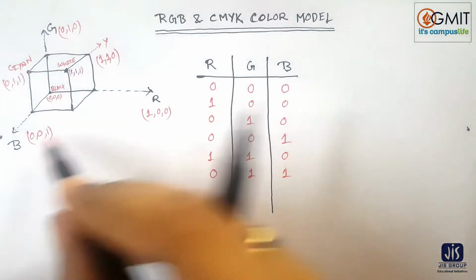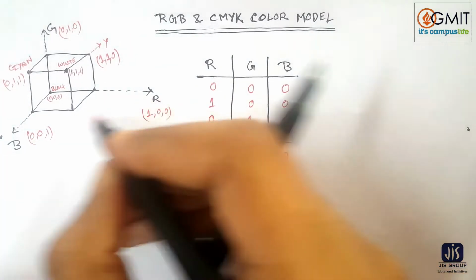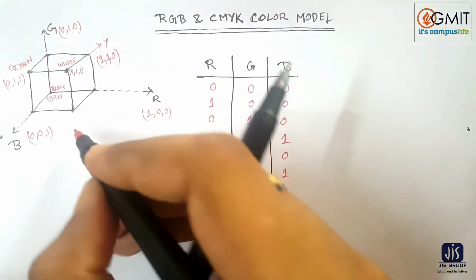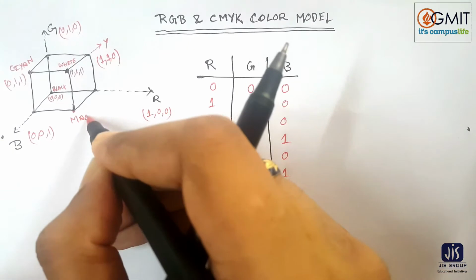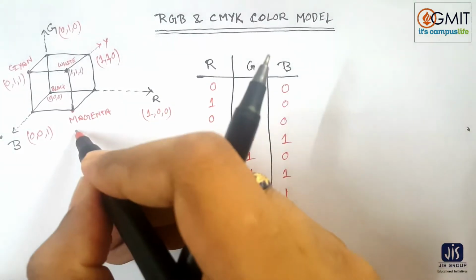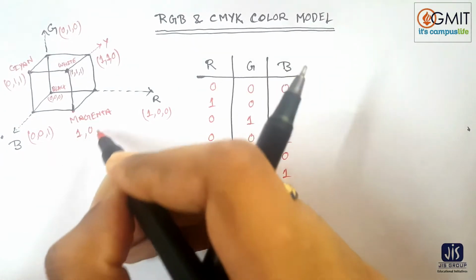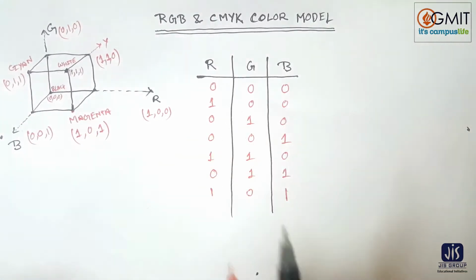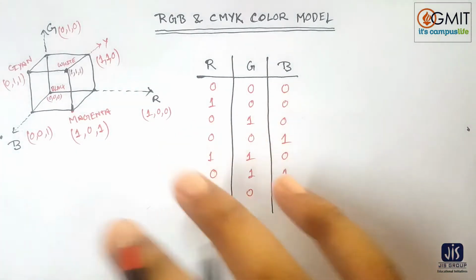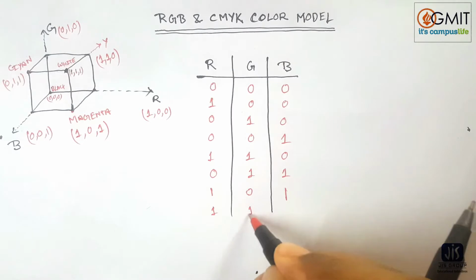And blue and red gives us this point. This is called magenta. And the coordinate is 1, 0, 1. Right? So this is our total RGB color model, and obviously at last 1, 1, 1, that